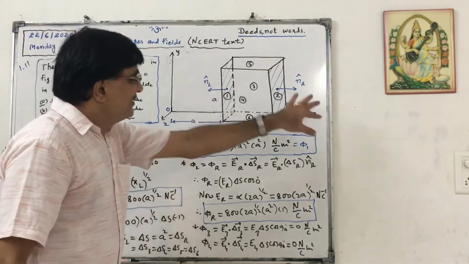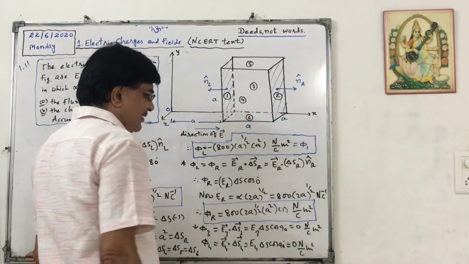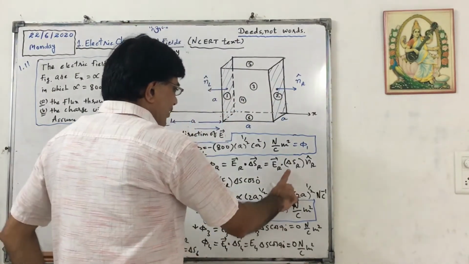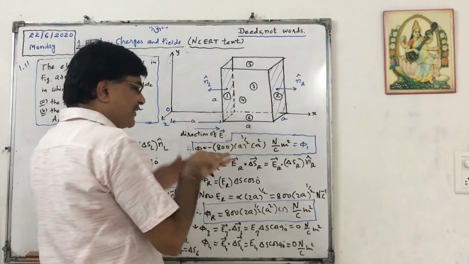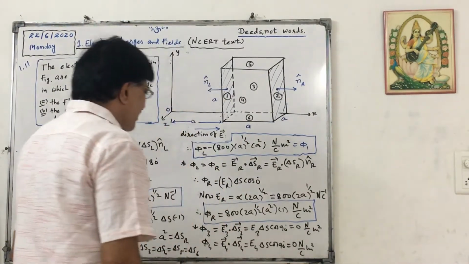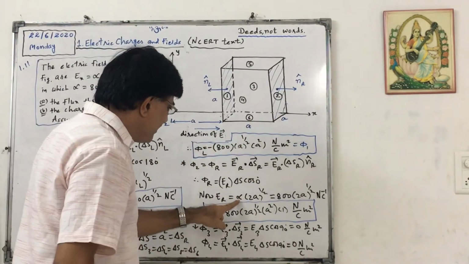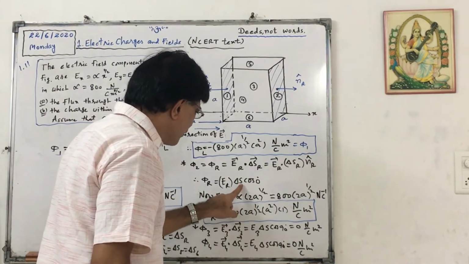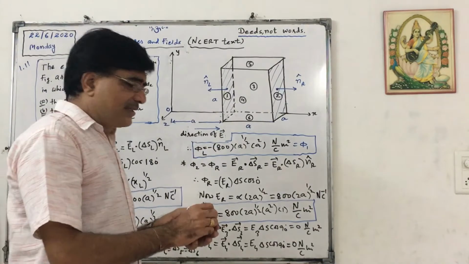Now phi right, that is phi 2, equals vector ER dot delta SR. Here vector ER and NR cap are in the same direction, so the angle will be 0. So it is ER, and the magnitude of the area will also be delta S only. For the right hand side, every surface has the same area as far as magnitude is concerned. So delta S into cos 0. For this surface, the value of x is 2a. So I have placed alpha into 2a raised to 1 upon 2 for ER. So alpha into 2a raised to 1 upon 2, delta S is a square, cos 0 is 1, Newton per Coulomb into meter square.